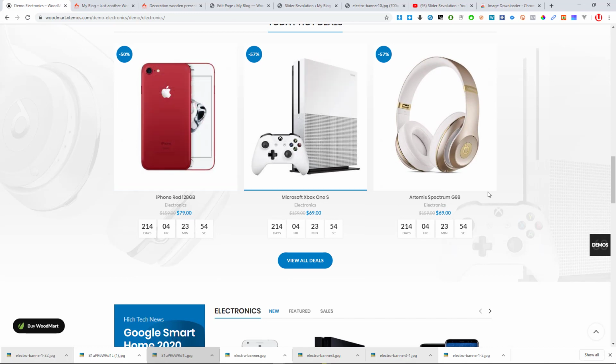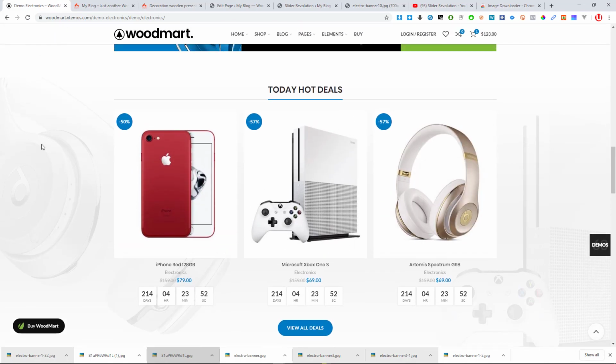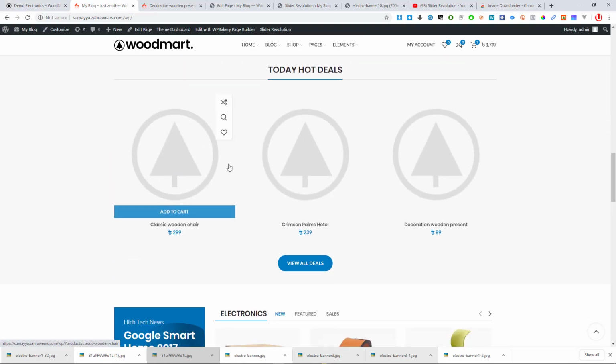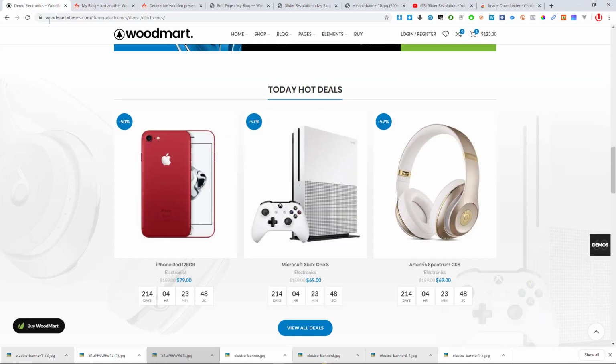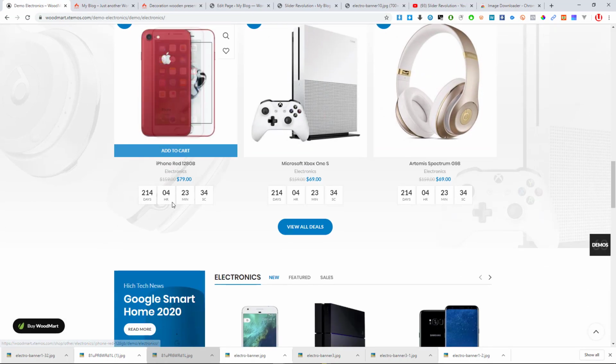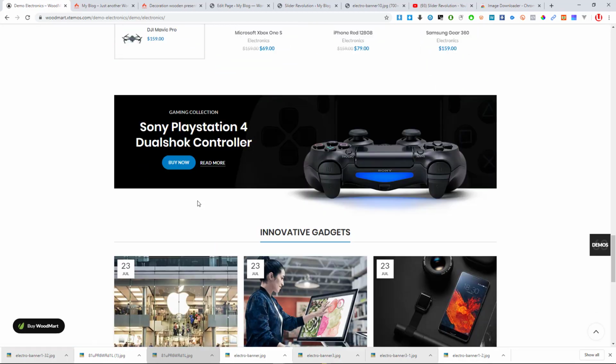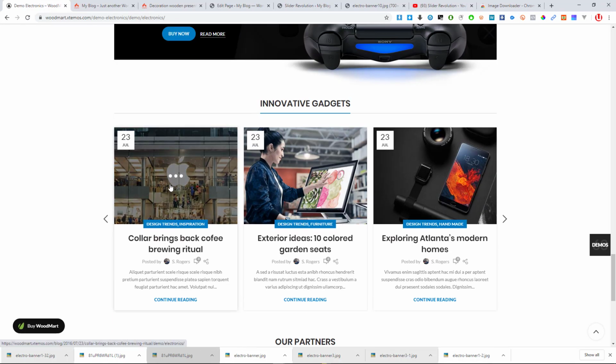So you have also to change the background. Oh, something I forgot to tell you. This background, can you see this background in the background? That one also you have to change. When you go to edit mode, you'll see an option where there's a background of a certain row. So you'll have to download this image background and change it also if you're using the same demo content. So the most important thing that I would like to show you is how you change